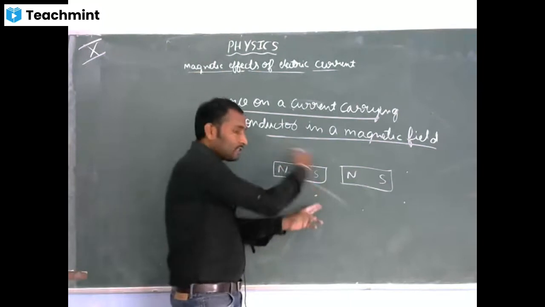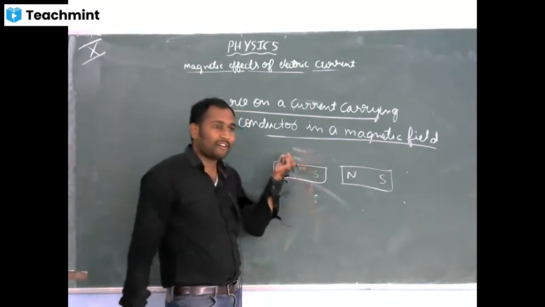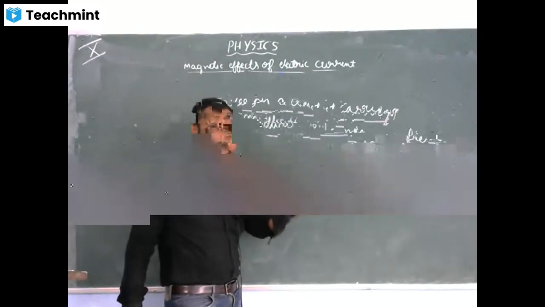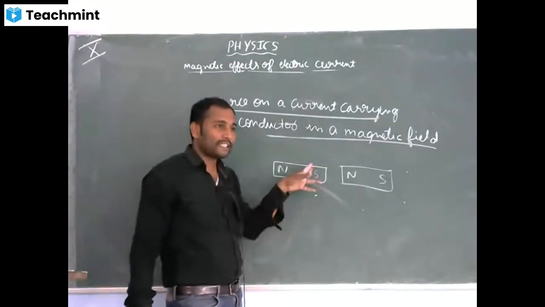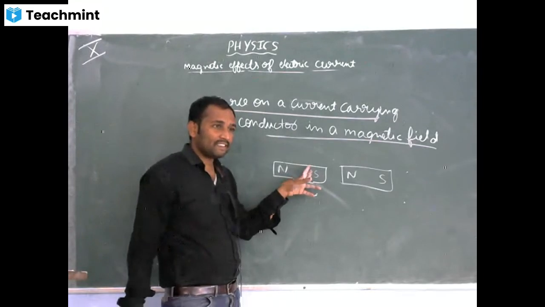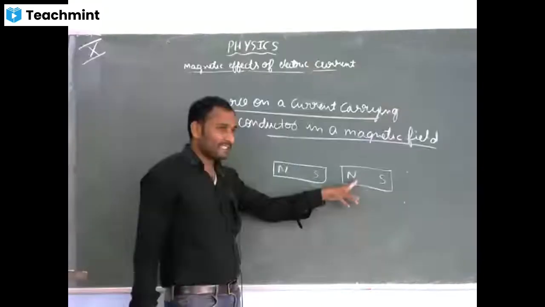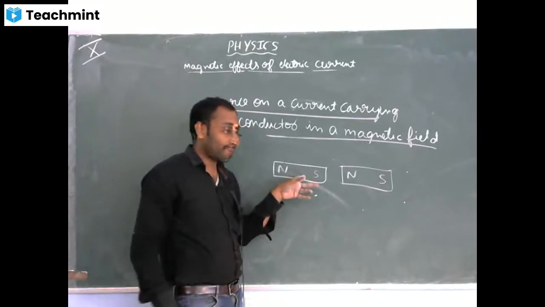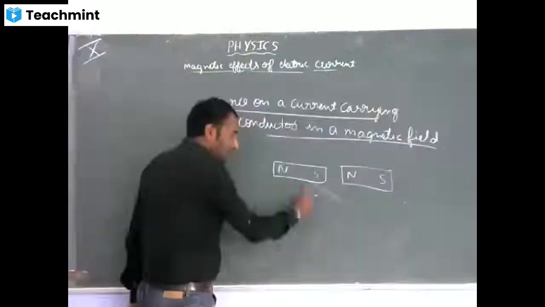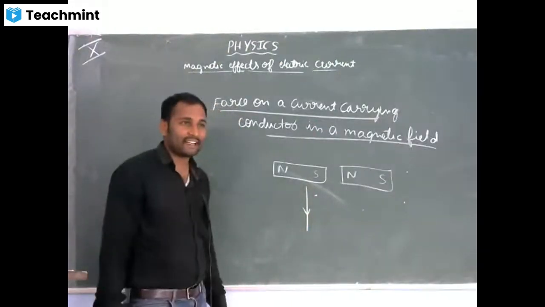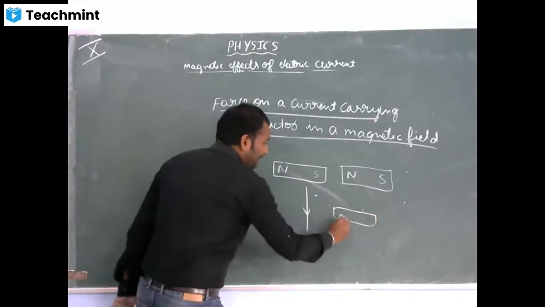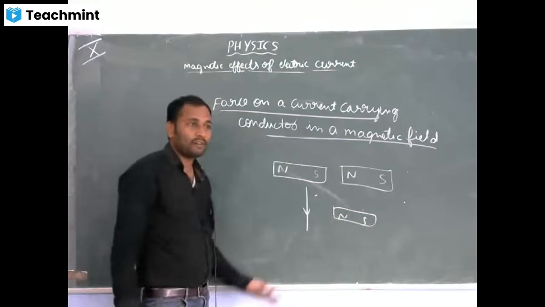So surrounding this region, there is a magnetic field. What is a magnetic field? It exerts some force. It may be attraction or it may be repulsion. So there is a force, right? Right or wrong? So when I bring this magnet near this, there is a force, whether it attracts or repels. Now instead of a magnet, I will use a straight wire conductor carrying current. Surrounding this region there is a magnetic field. So if I bring a bar magnet near this, what will happen?